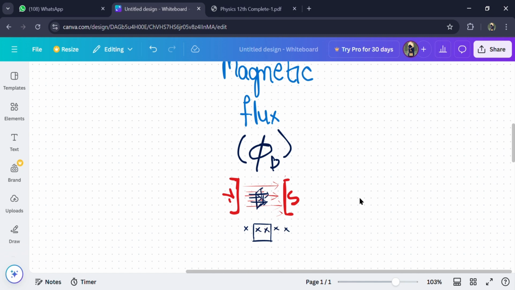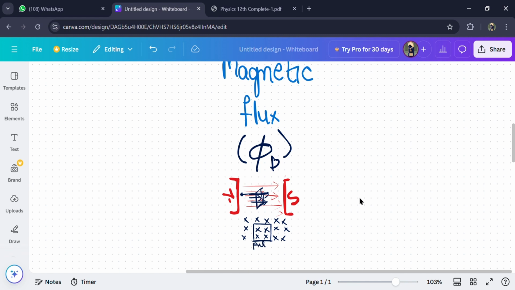I'm viewing it from this point. I'm just standing in front of the North Pole, and the magnetic field lines are passing by me as well, by the way. So here, let's say that initially I've kept this specific area just parallel to the